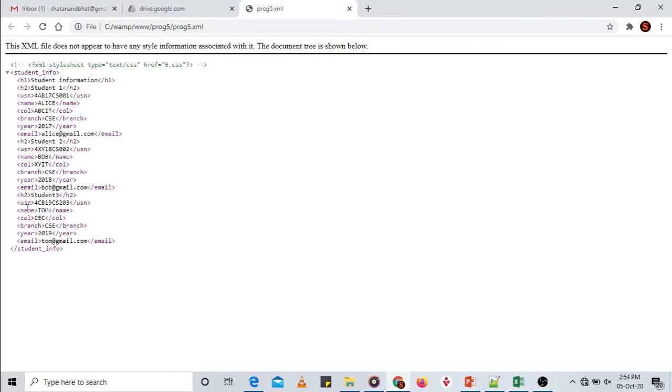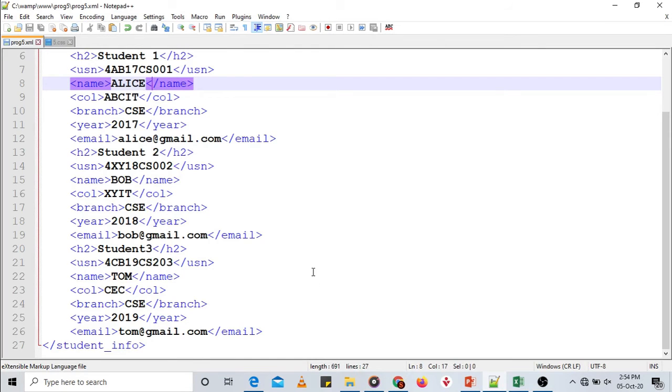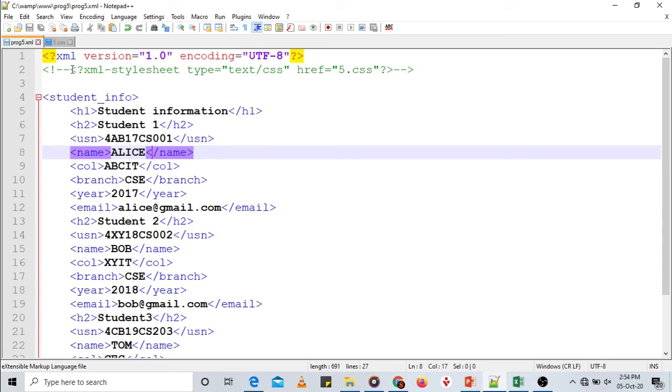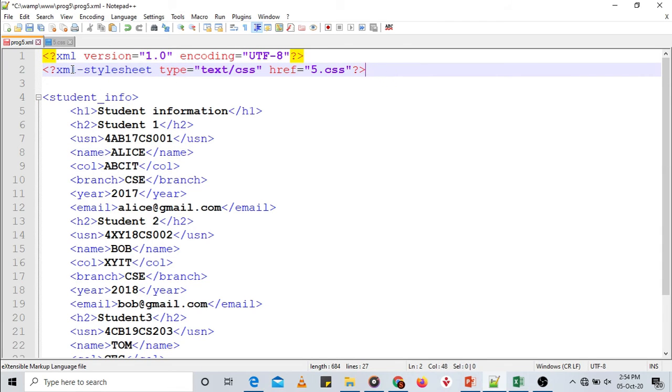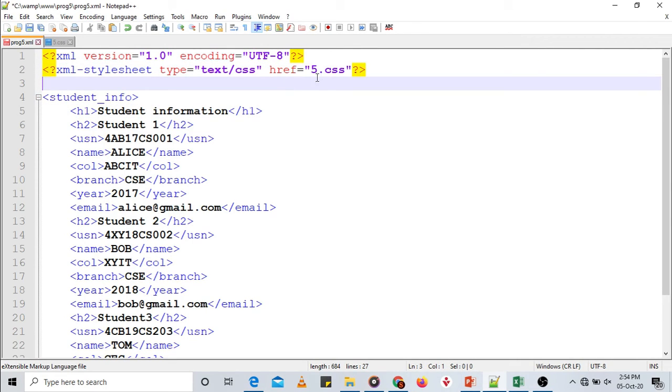Now as per the question, we are supposed to apply some styles to these XML elements. Just to improve the look of the contents, rather than displaying it as plain text, let us add some style to it because it is mentioned in the question. So to add a style to this XML document, let us go back to the editor. We need to include this statement that we had commented earlier. So we need to use the XML style sheet. Here we are referring to an external style sheet. We use xml-stylesheet, we specify the attribute type equal to text/css, and we have the hyperlink href equals file.css.